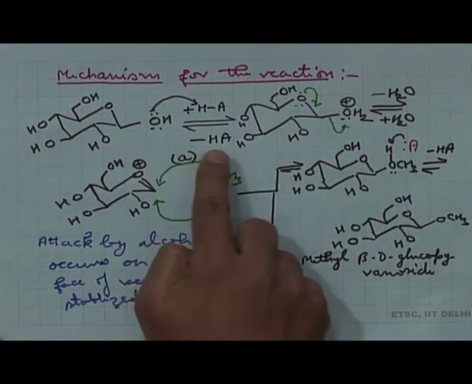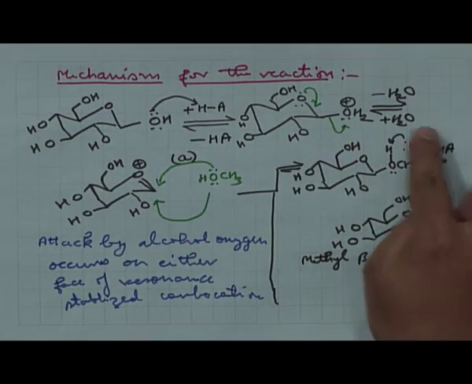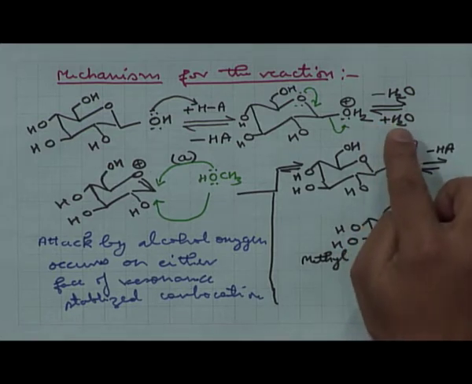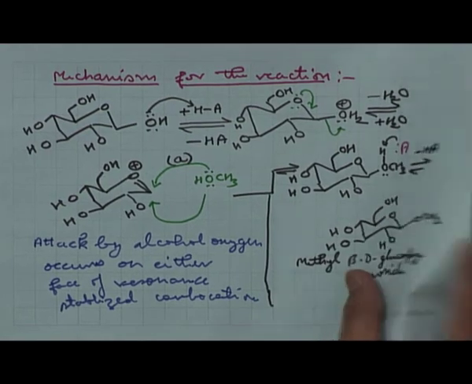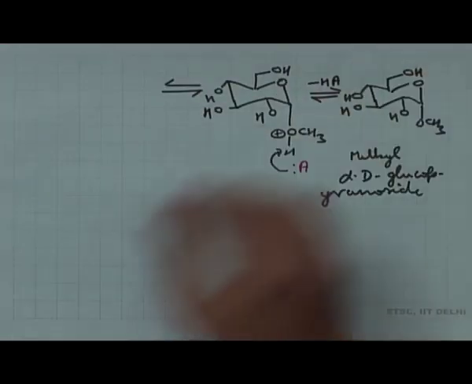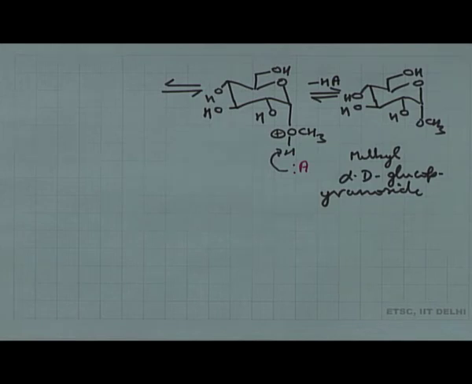Here the attack of acid which leads to the removal of a water molecule from the acetal, and then further attack by the alcohol, these all steps are reversible, and that is why glycosides are stable